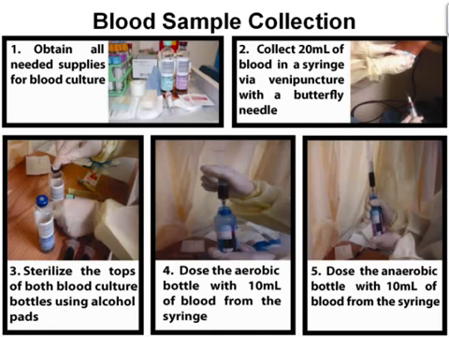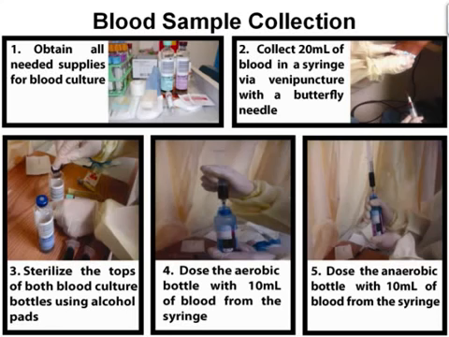step 2, where 20 milliliters of blood is drawn into a syringe using a butterfly needle. The volume of blood drawn for infants is between 2 to 4 milliliters depending on weight. Some hospitals may use 2 separate syringes, drawing 10 milliliters of blood into each. Before dosing the bottles, the tops of the bottles must be thoroughly sterilized using alcohol pads, shown here in step